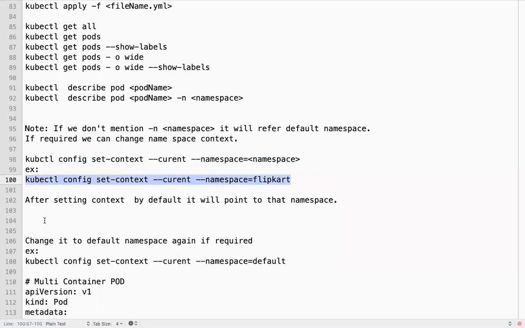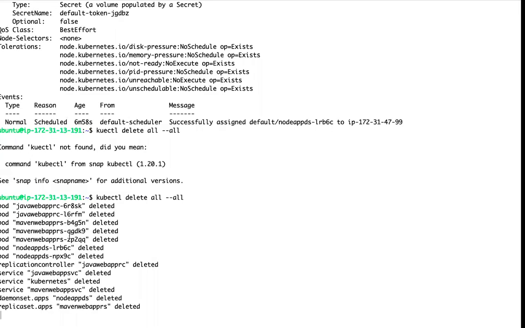After that, whatever kubectl commands you execute will point to this namespace. If you want to switch back to default, you can switch it back again. So this is how you can set it.